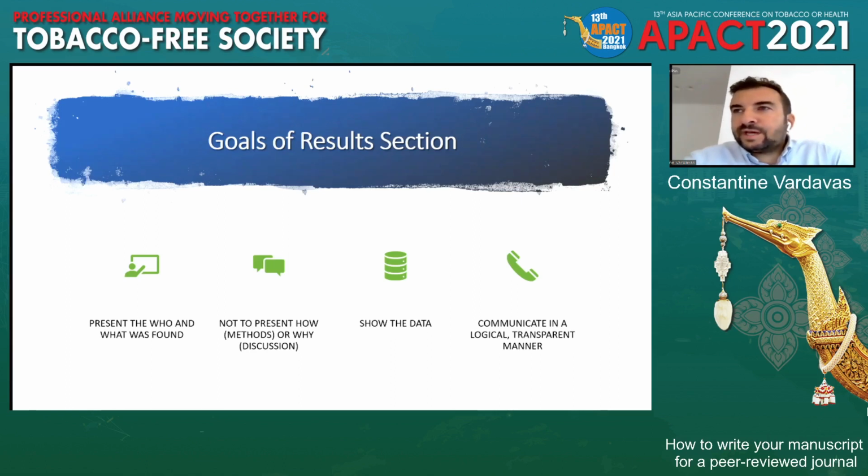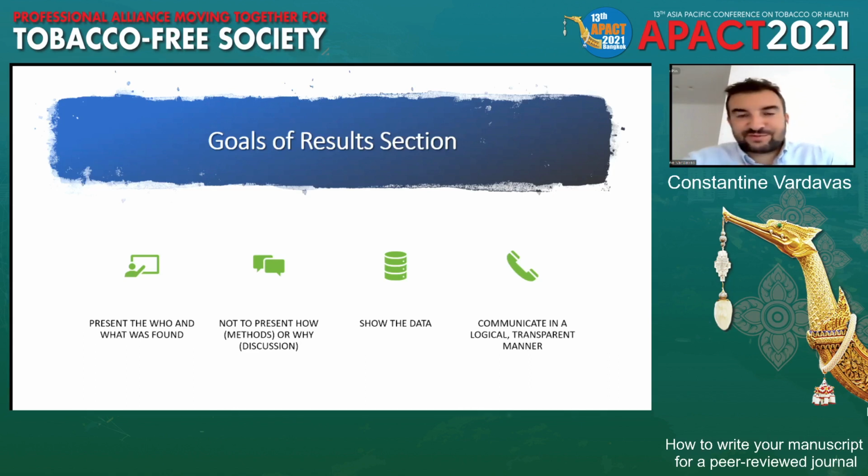Think of it the way you'd want to bring it forward in a very simple, boring way. So you'd say that the highest number of the population with the highest exposure were 5 to 6 year olds. Full stop. You don't need to write interestingly, surprisingly, amazingly. No such words. It's very straightforward. A, B, C. You just show the data and you communicate the information in a very logical, boring way.